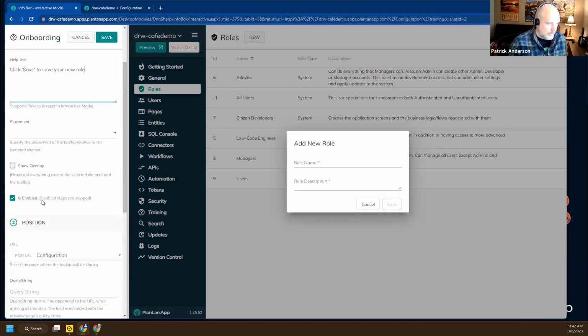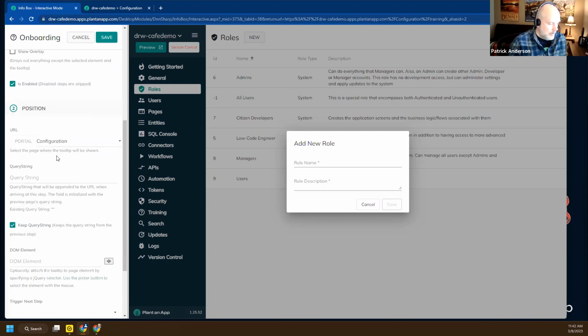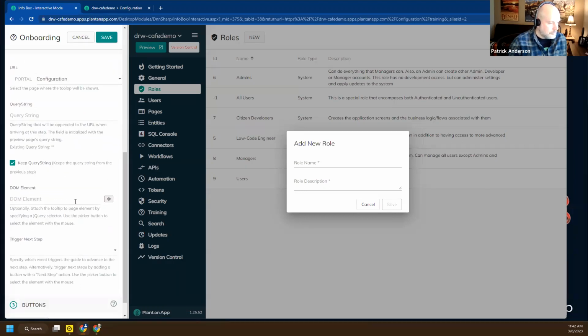Click save. We'll let the placement be automatic, and we're on configuration. I just need to select my DOM element. And once again, I'm going to select this, but there's something here that as I looked at this, I was actually struggling with it for a little bit, and then I realized, oh, wait a second,